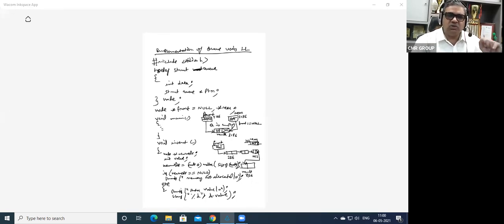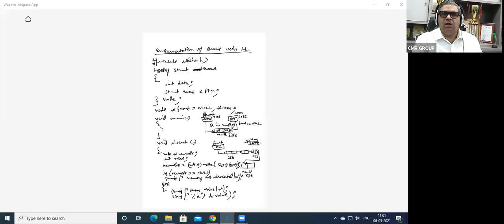So now I have to check whether, now I'm going to the next page. If you have already made a note, okay, otherwise please make a note of it. I'm giving you a minute, please complete it. In the meanwhile, once again I'll explain: if the front is equal to null, it means that the queue is empty.